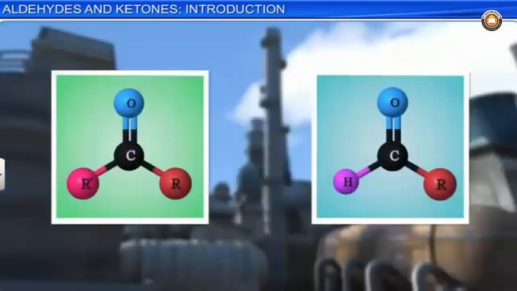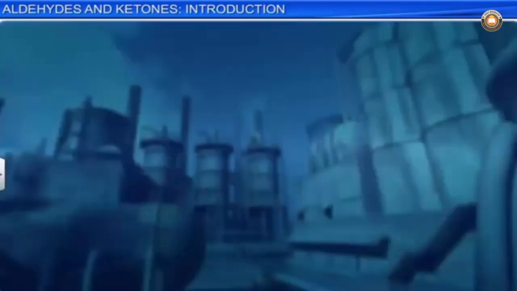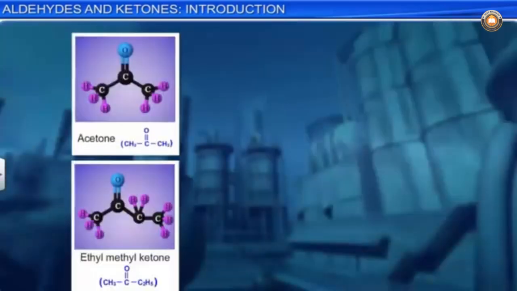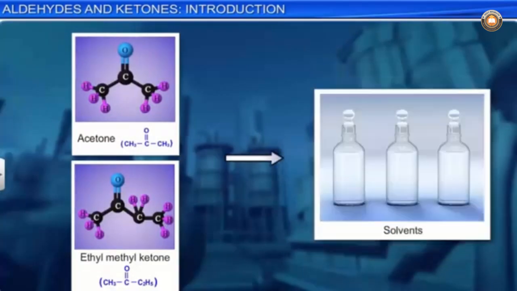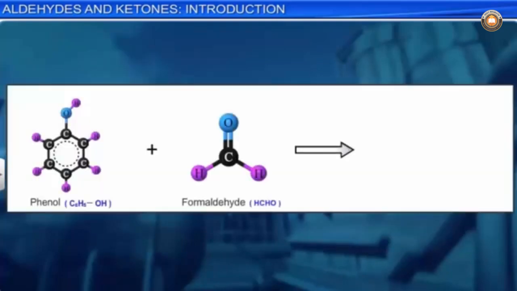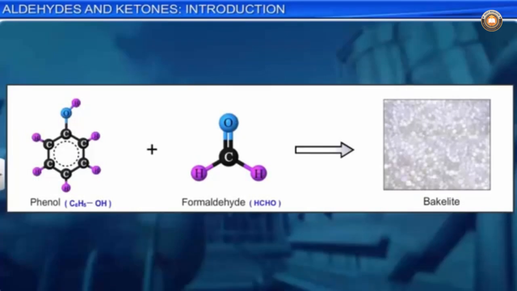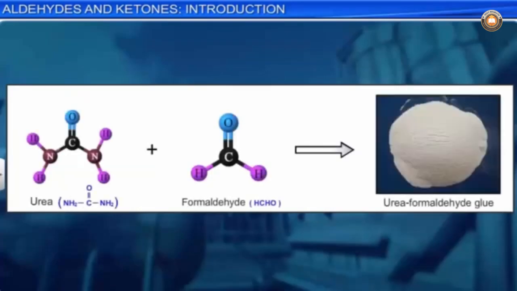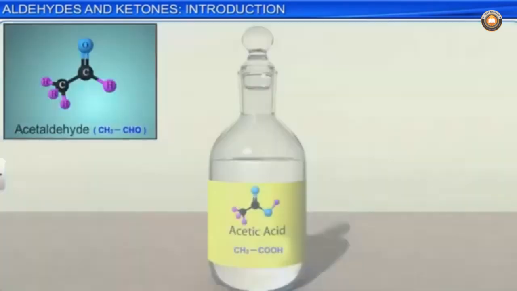These compounds have considerable industrial significance. They are used as solvents and as starting material for the synthesis of several other products. For example, acetone and ethyl methyl ketone are common industrial solvents. Formaldehyde is used to prepare bakelite, urea formaldehyde glues and other polymeric products. Acetaldehyde is chiefly used as starting material for the synthesis of acetic acid,